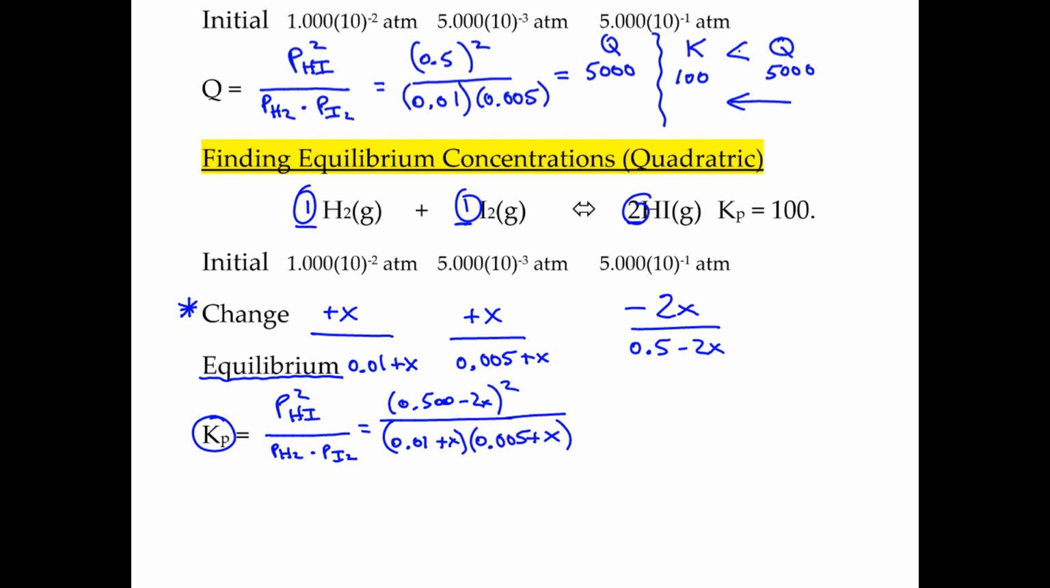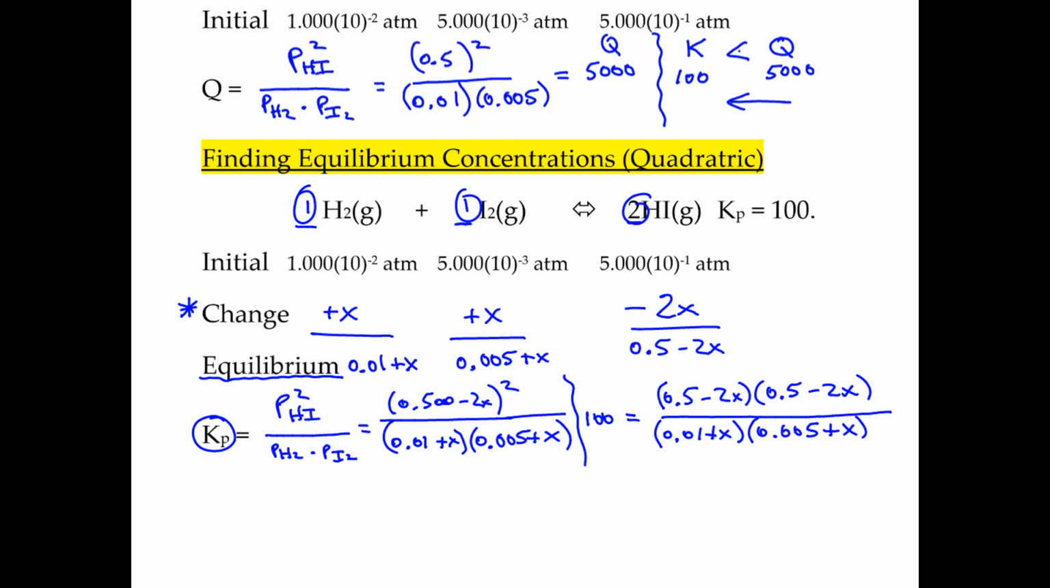So what I'm going to have, to write this down, is Kp, which is 100, equals, now in the numerator, as you remember from algebra, you're going to have 0.5 minus 2x times 0.5 minus 2x because it was squared. In the denominator, you're going to have 0.01 plus x and then 0.005 plus x. And now you need to remember the FOIL method from algebra, where you have to take the firsts